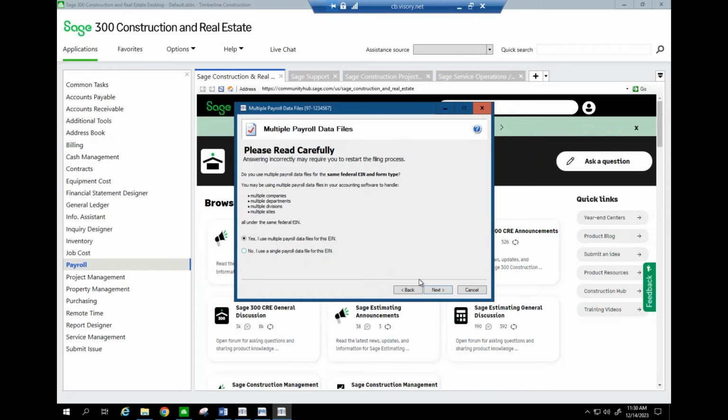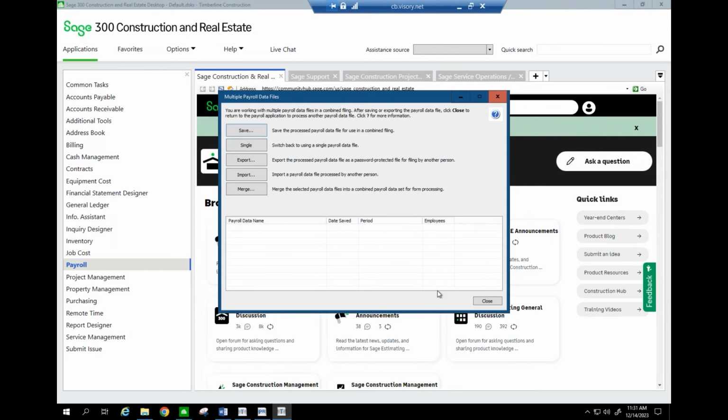I'm actually going to show you that real quick, because I would think someone on this call has that scenario. If you don't, your option is just saying, nope, all my payroll employees are in the single file, right? So I'm going to say yes to this to show you here that if I click save, save the process data file for use in a combined